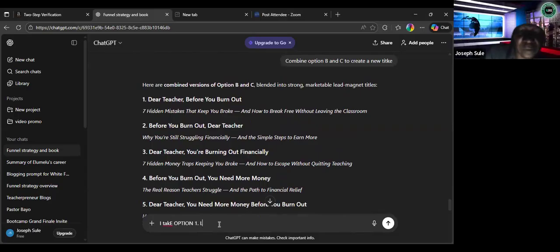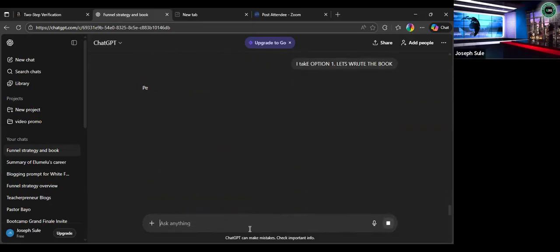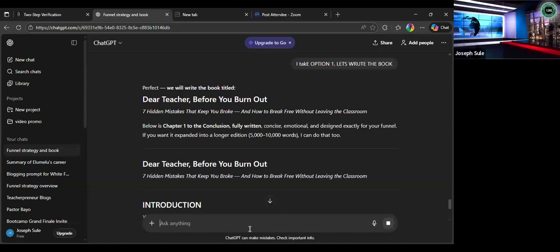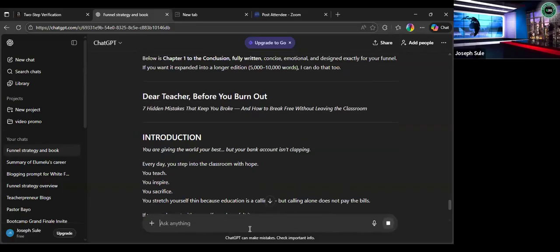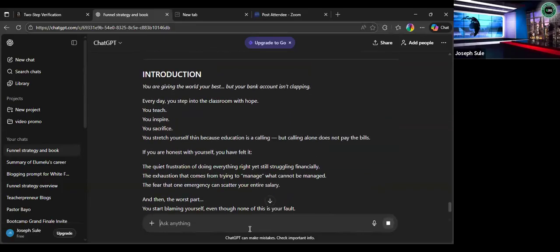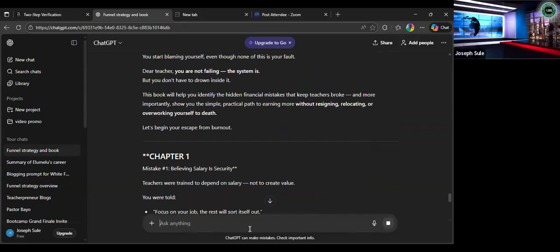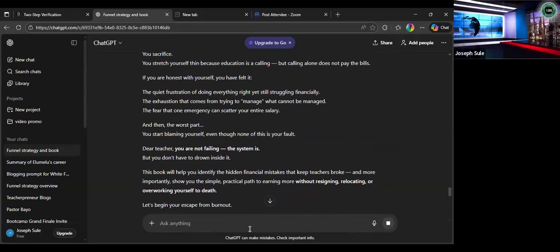Now let's write the book. Okay. And the next thing is ChatGPT will give me outlines of the chapters in the book, even with an introduction. And if I am okay with the outline and the introduction, then we commence into business.